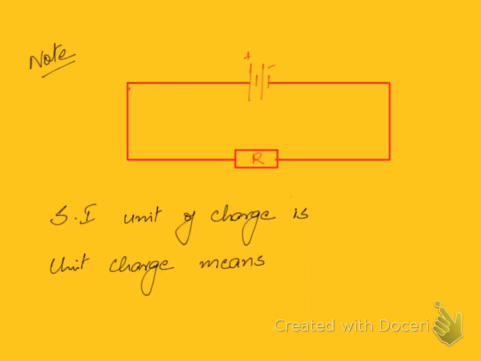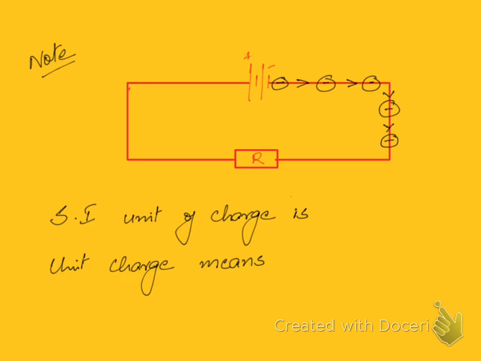Before we understand what E.M.F and P.D is, we first need to remember that in a circuit, the charges which are actually moving are electrons. So we say electrons in a circuit move from the negative terminal of the battery towards the positive terminal of the battery. So remember, electrons in a circuit will always move from the negative terminal of the battery towards the positive